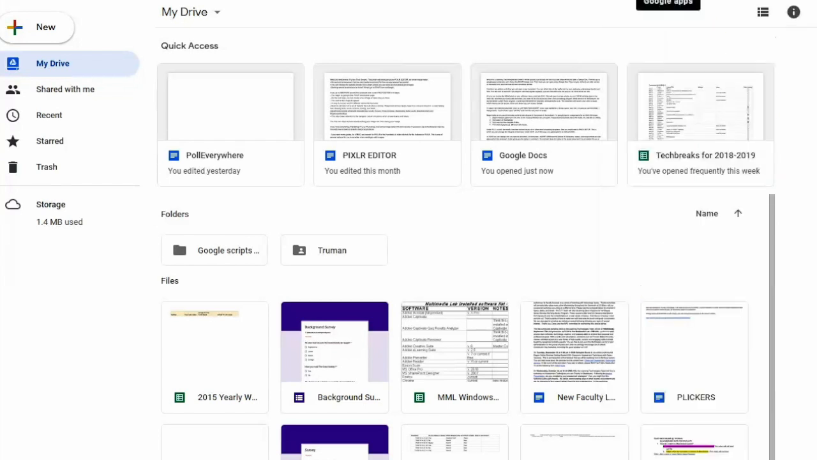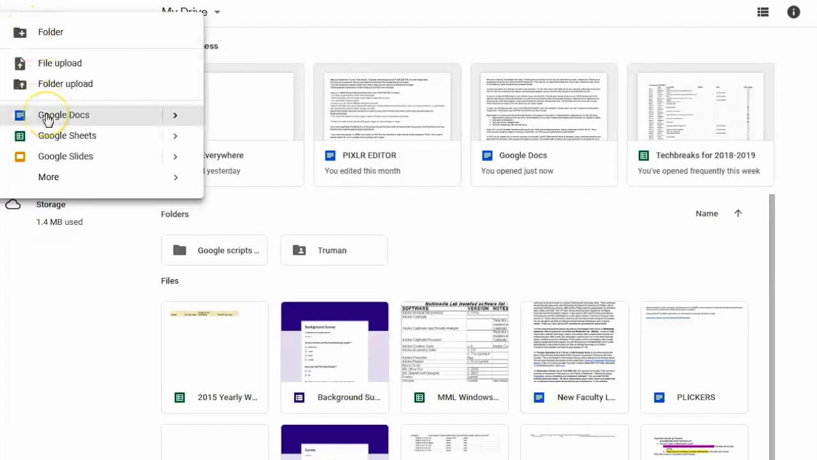The other way to open a new Google Doc is to go over to the plus sign for New and click Google Docs. And now you have a new tab open while you still have your Drive tab open. One of the benefits of having Google Docs is that it automatically saves